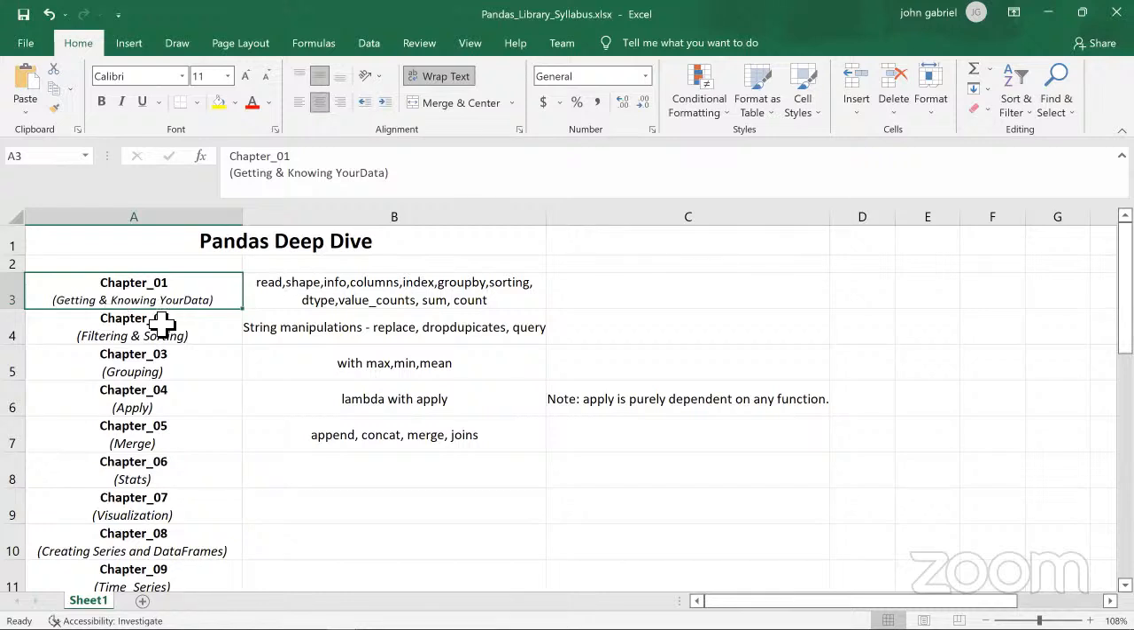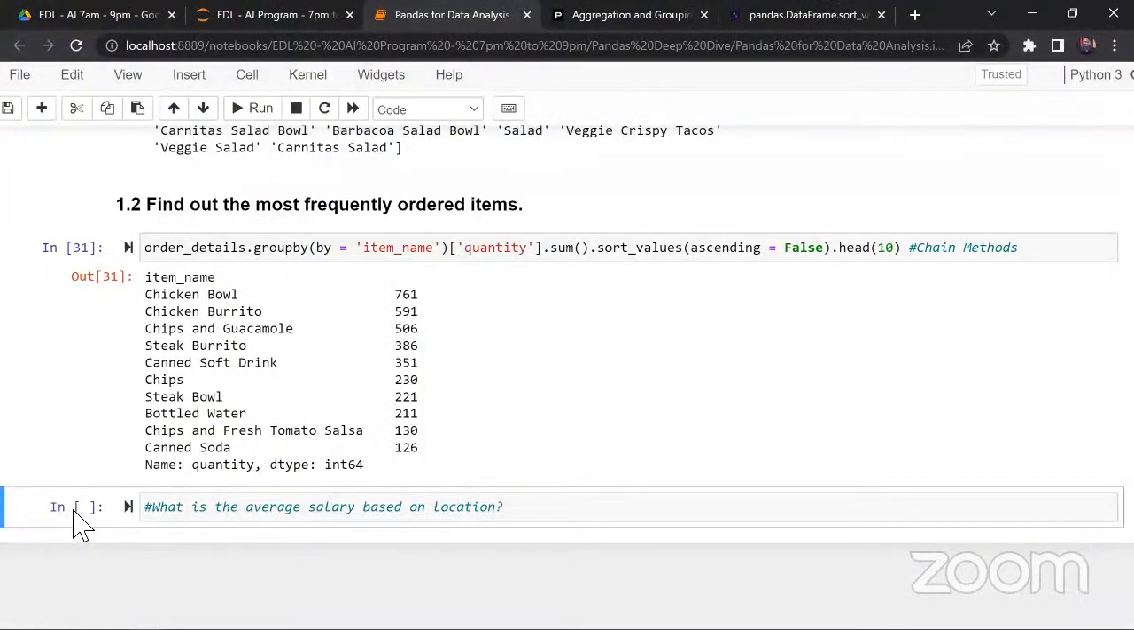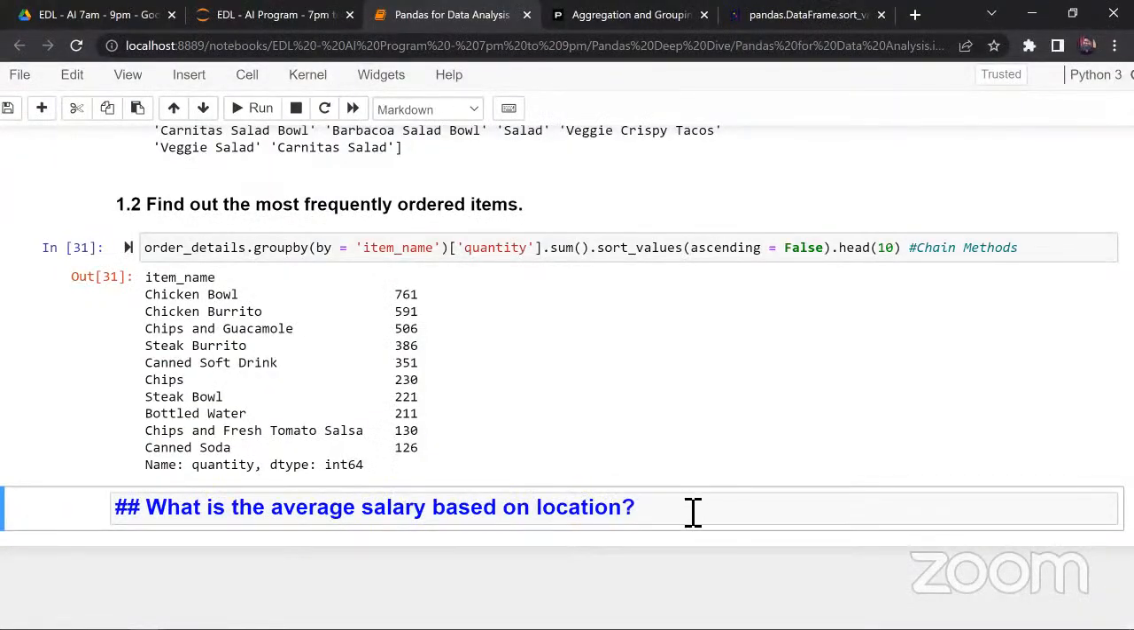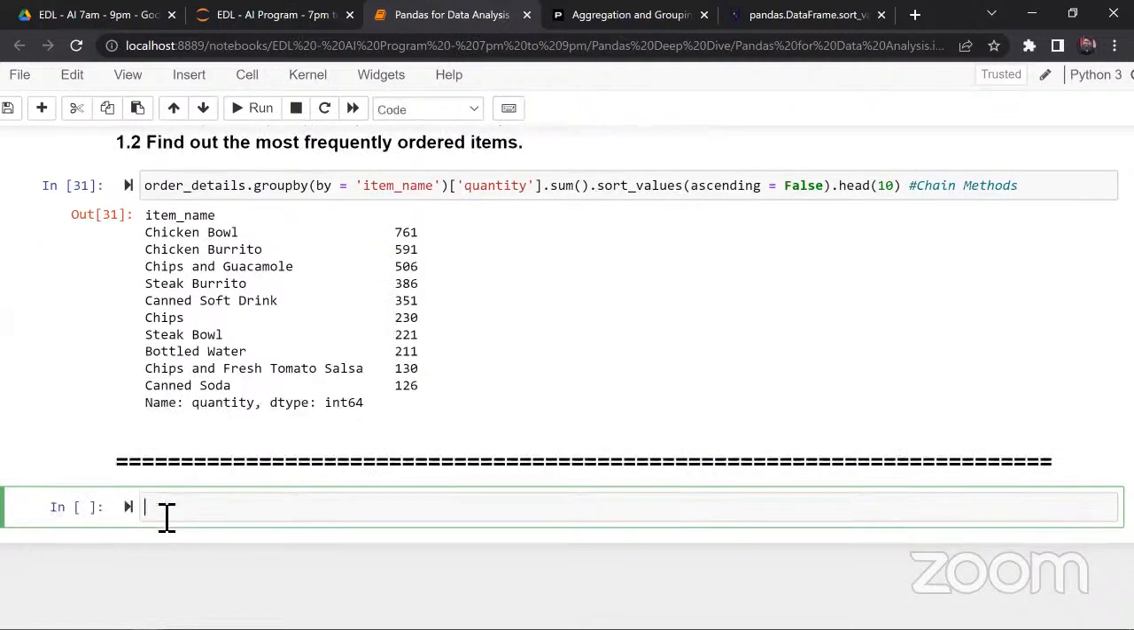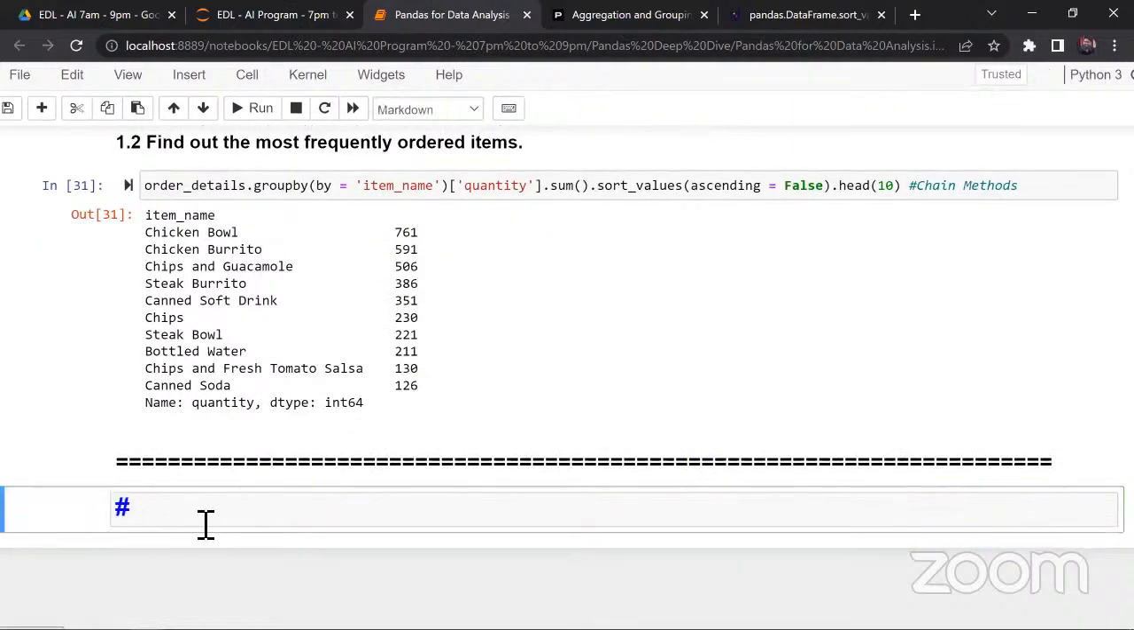Now the next part is filtering and sorting, chapter number 2. So let's give a name, and then maybe we can go for a quick break of 3 minutes, and then we will be back and continue. All right, let's note it down. This is chapter 2,